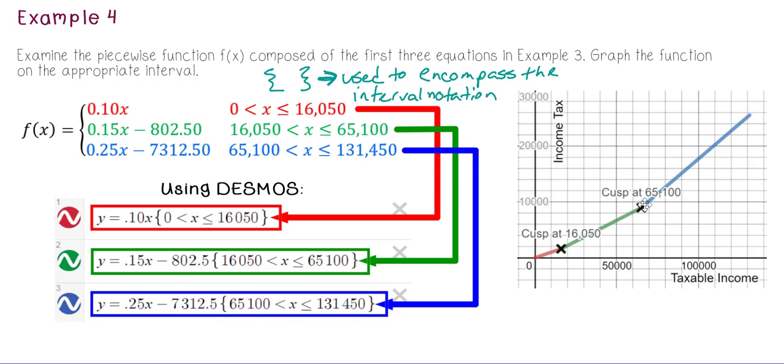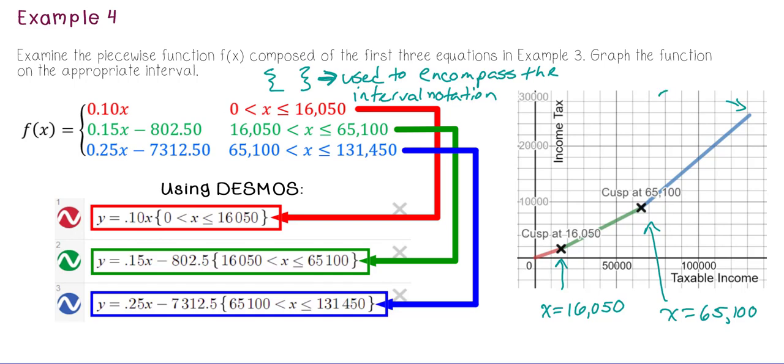Now remember, the points where it turns, these are the cusps. These are the sharp turns. So, for example, this first cusp is at x equals 16,050. The second cusp occurs when x equals 65,100. If we had another equation at the end,